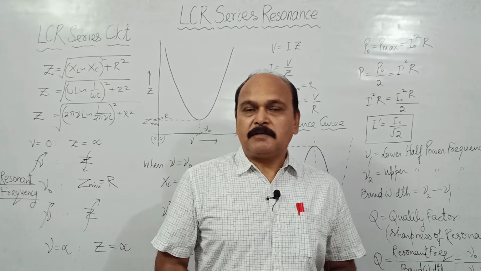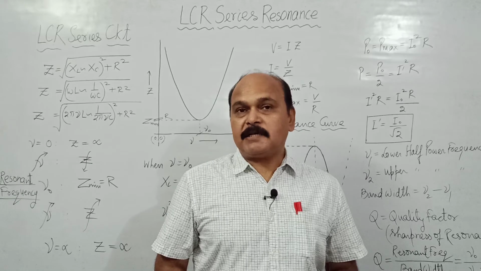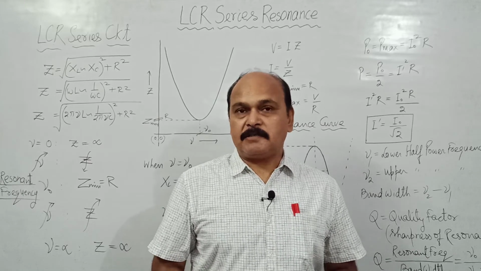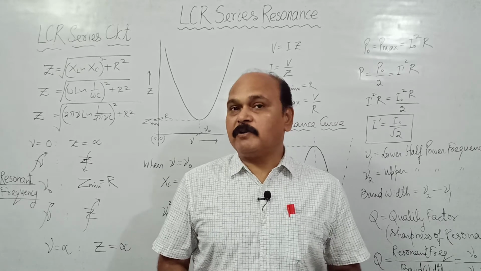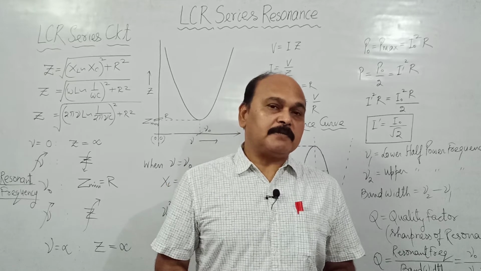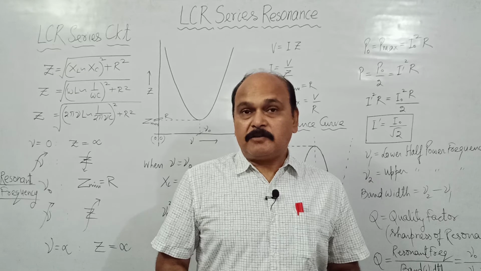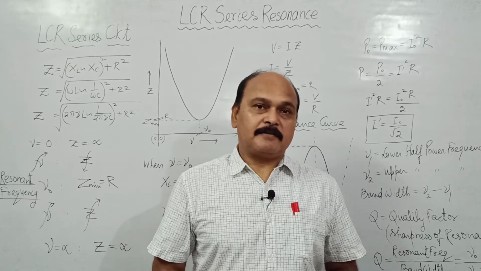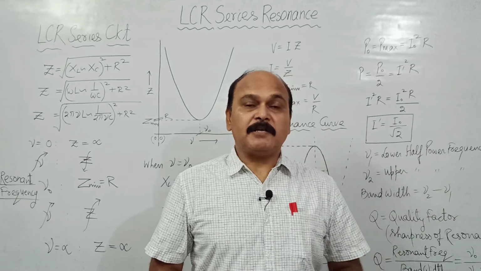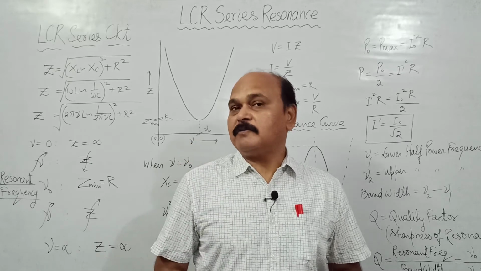What happens here? Well, children, every LCR series circuit is characterized by a resonant frequency. What is that resonant frequency? We'll know very shortly. And when frequency of AC source becomes same as resonant frequency, then there is high value of current in the circuit. Like in mechanical resonance, we have high amplitude of displacement. In electrical resonance, we have high amplitude of current.